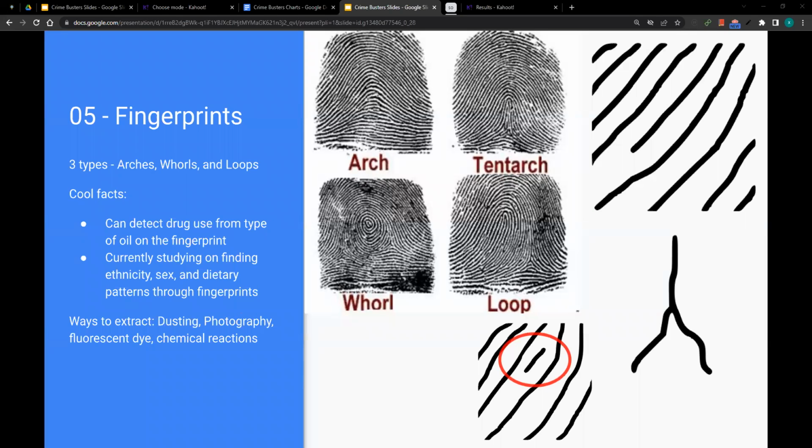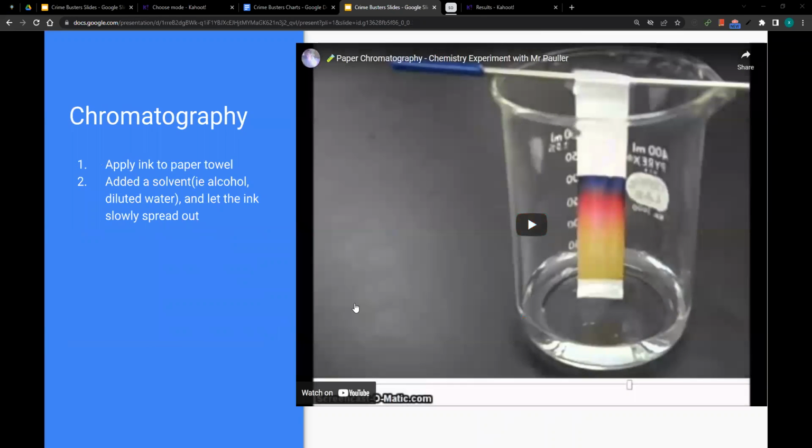Someone asks what kind of art supply they are using, Sharpie or marker? I think they're using a marker in this example. Will egg yolk work? Probably not. How would this help solve a crime? This helps solve a crime